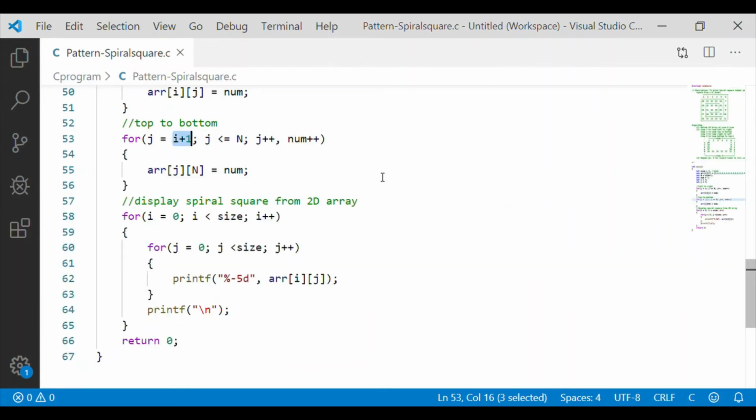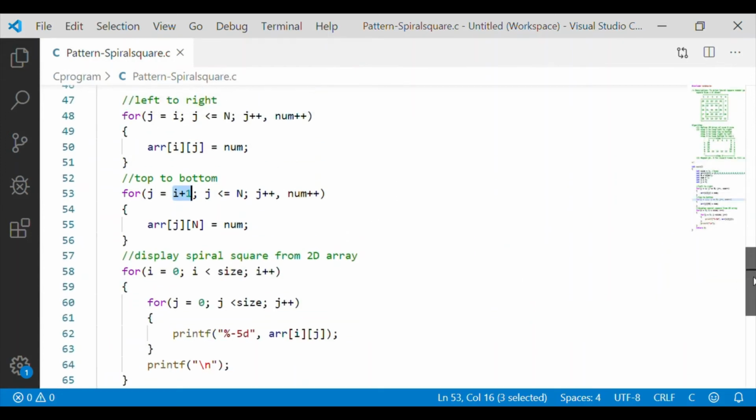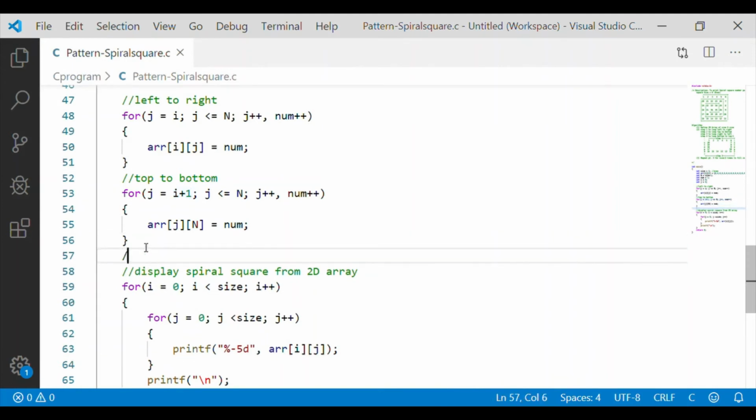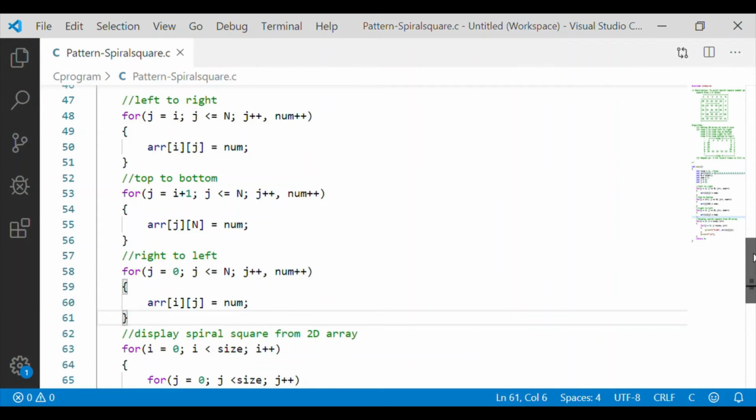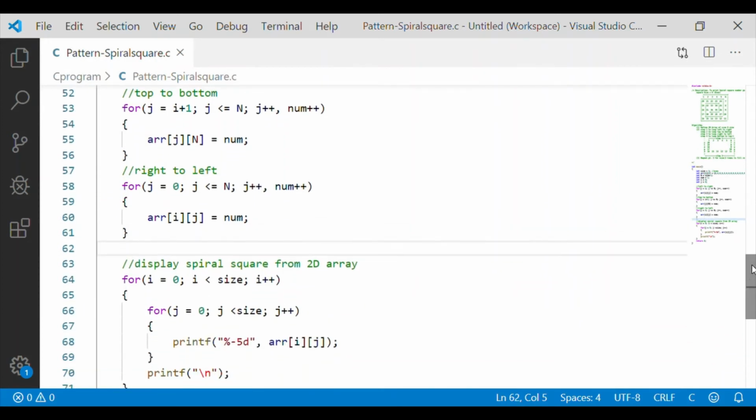As a third step here, we should fill from right to left, which is nothing but the bottommost row of the square. So here we have to start from right. So j shall be starting from n minus 1, because at top to bottom the rightmost position is filled.